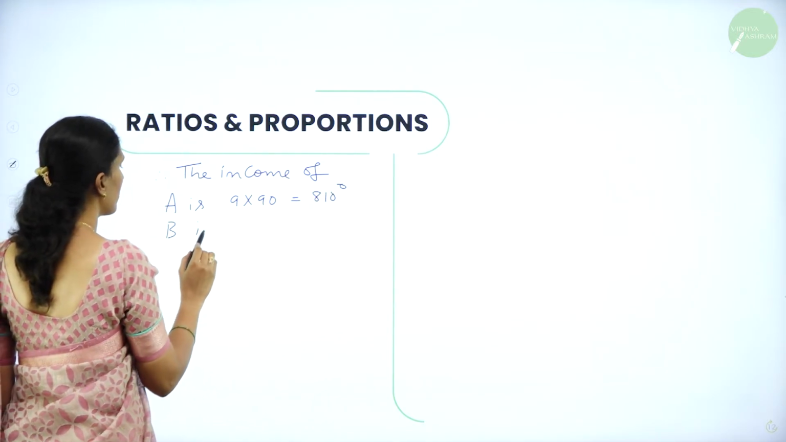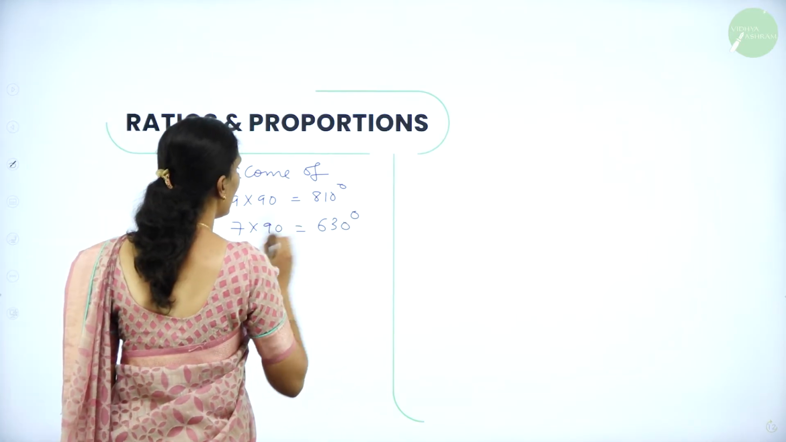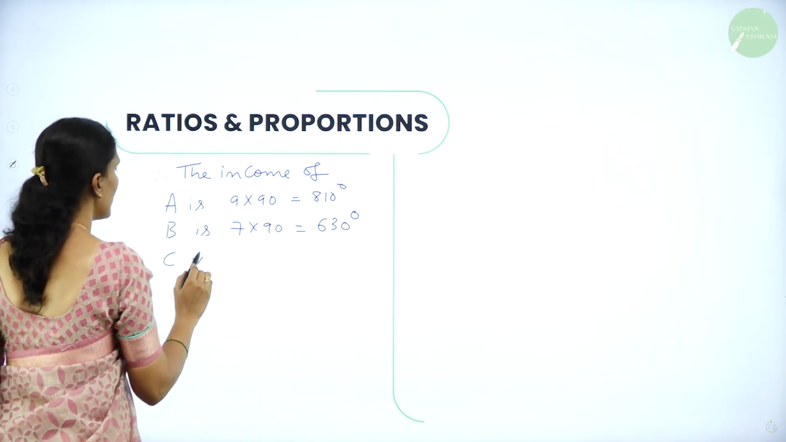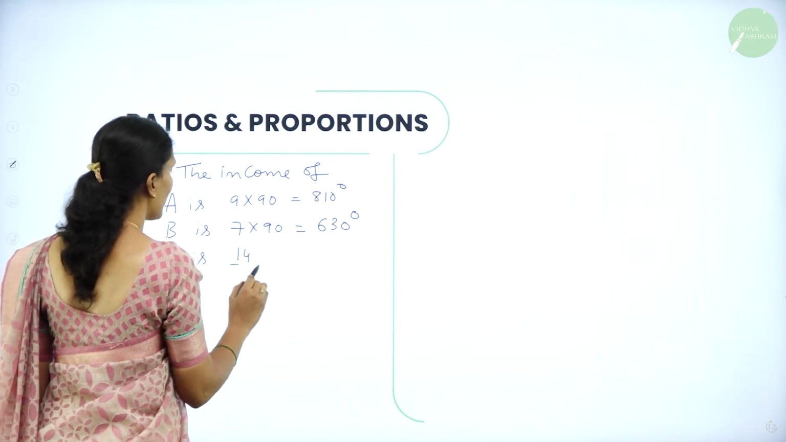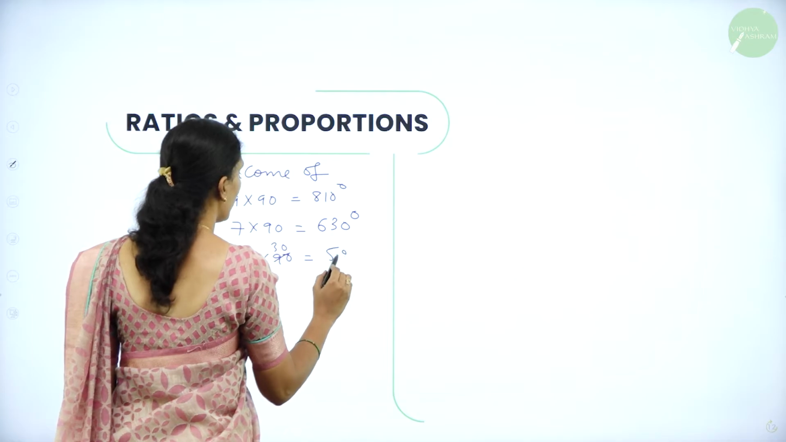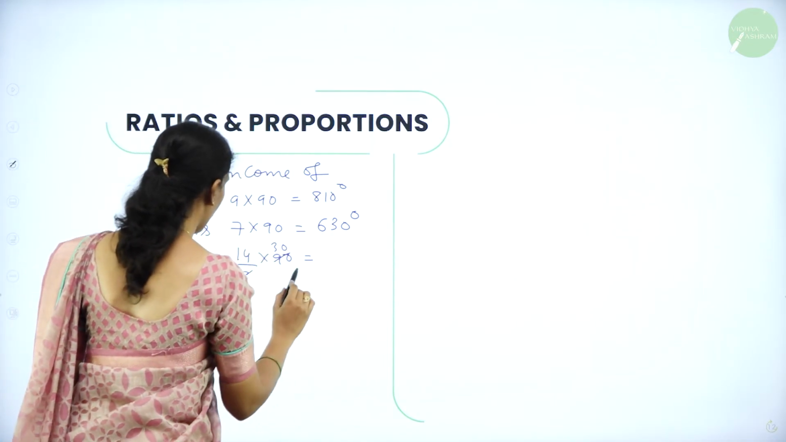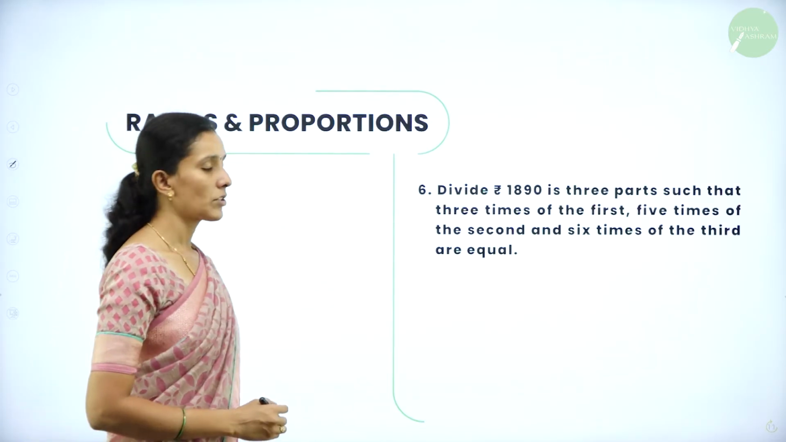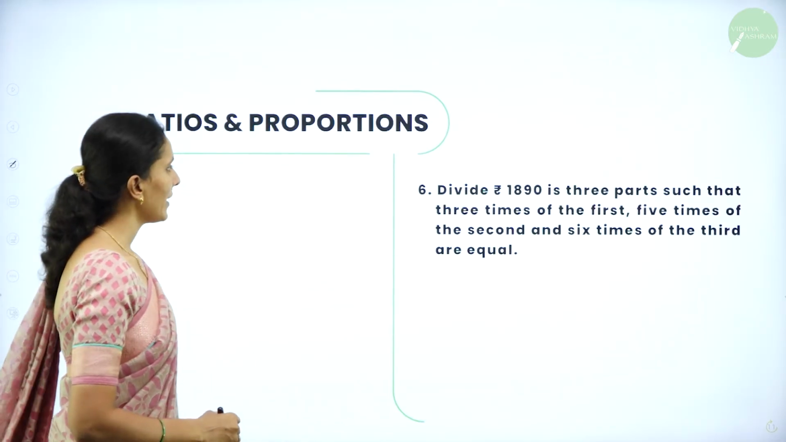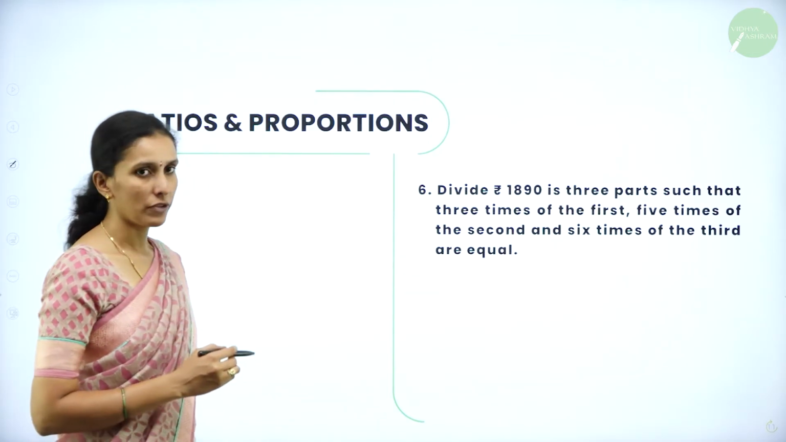B is 7 into 90, that is 630. Next, C is 14 by 3 into 90, that is 420. Next question. Divide 1890 in 3 parts such that 3 times of the first,